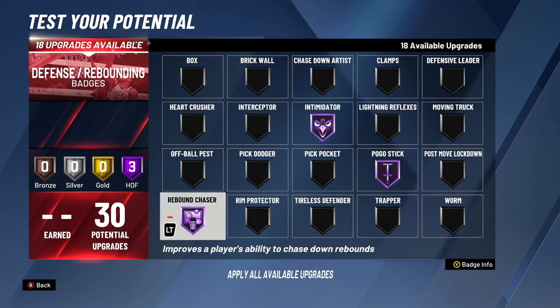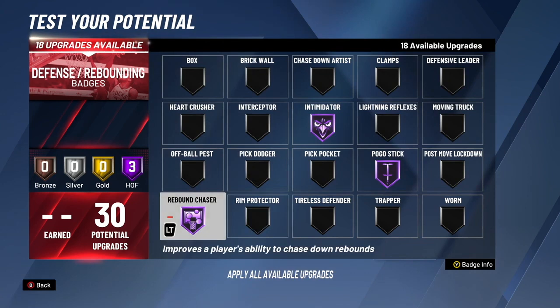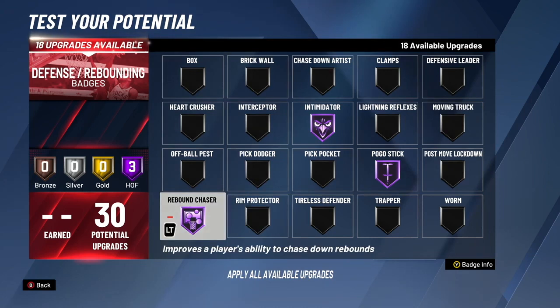All right, so hopping straight into the Hall of Fame side of the video, we're going to be going for the 13th badge upgrade. First things first, we're going to go over the Hall of Fame badges we have on: Intimidator, Pogo Stick, Rebound Chaser. First badge we're going to be putting on bronze is going to be Rim Protector for the